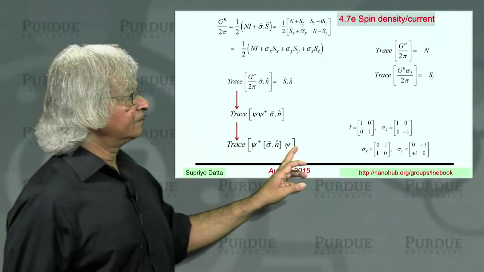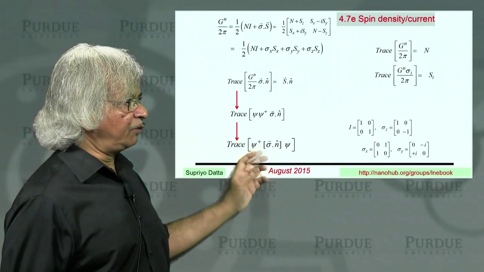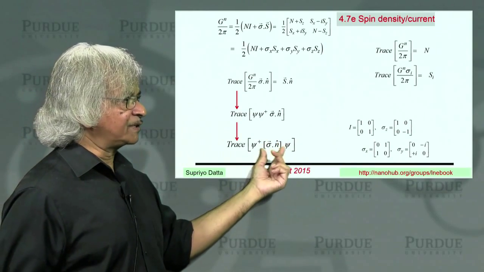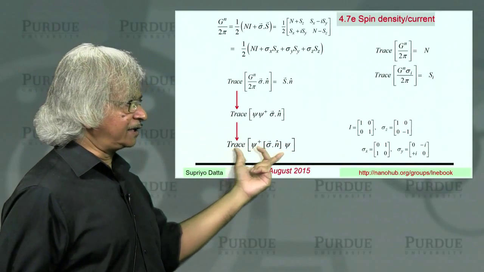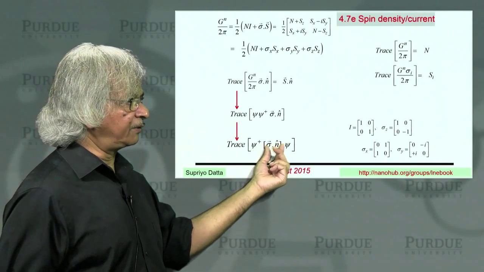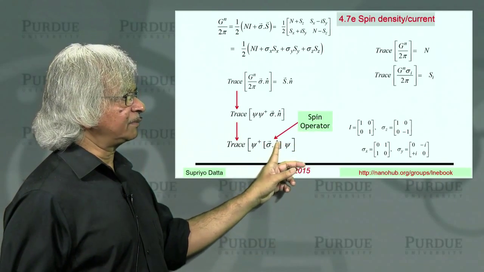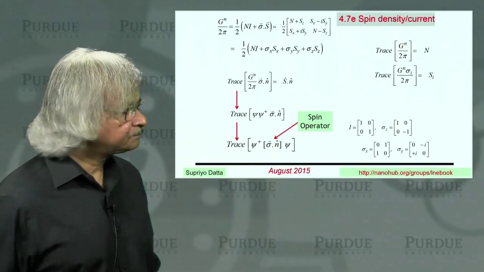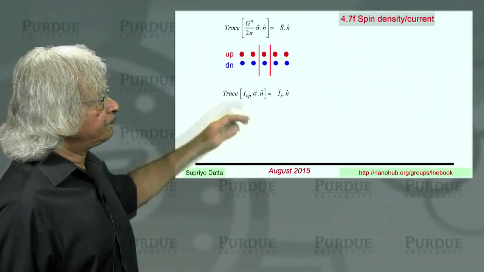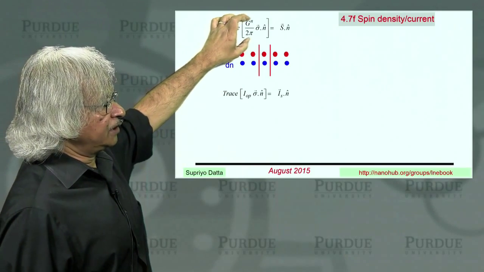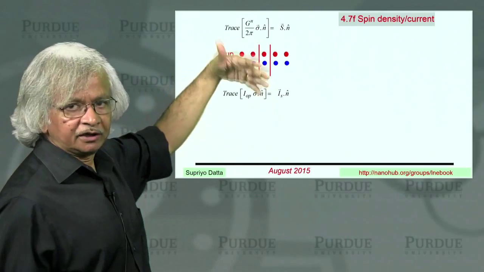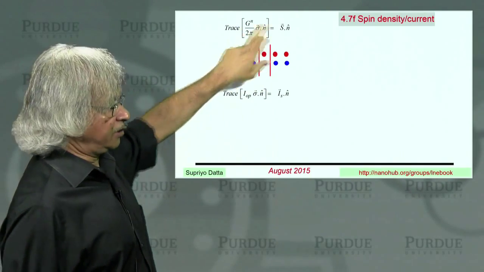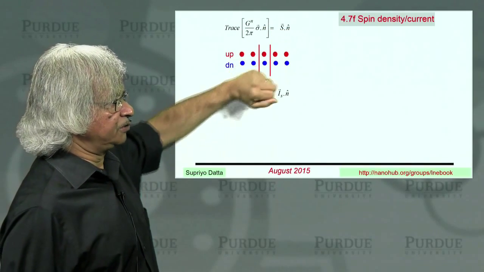And that's the usual prescription you learn in quantum mechanics. That given certain wave function, the way you find the expectation value of some quantity, which is represented by an operator, is by taking this trace of psi dagger, the operator, times psi. So this you could interpret as this spin operator in the direction n. Okay. Now, this is for if you wanted the spin. If you wanted the number of electrons, of course, you just take the trace of Gn.